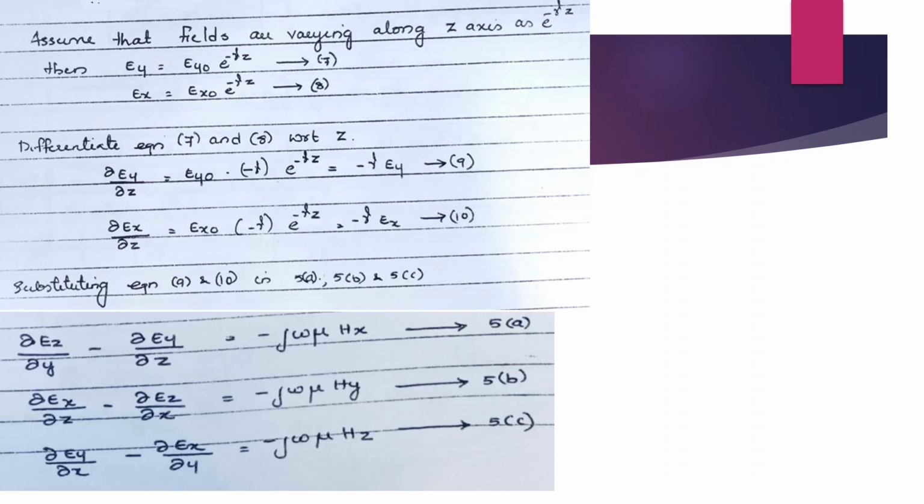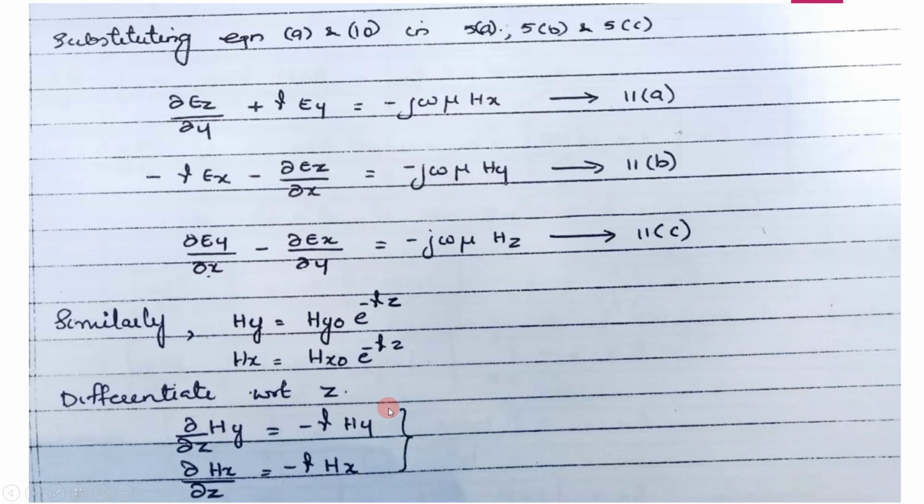Then what you are doing is substituting Ex and Ey, because we know that the propagation is only along the z axis. So Ex can be written as Ex naught e raised to minus gamma z and Ey can be written as Ey naught e raised to minus gamma z. Gamma is the propagation constant, and it is written as e raised to minus gamma z because we take that the wave is propagating in the z axis. So again, you are substituting these into the earlier equations we got, that is the set of three equations, curl E is equal to minus j omega mu H. On substituting, you get another three equations.